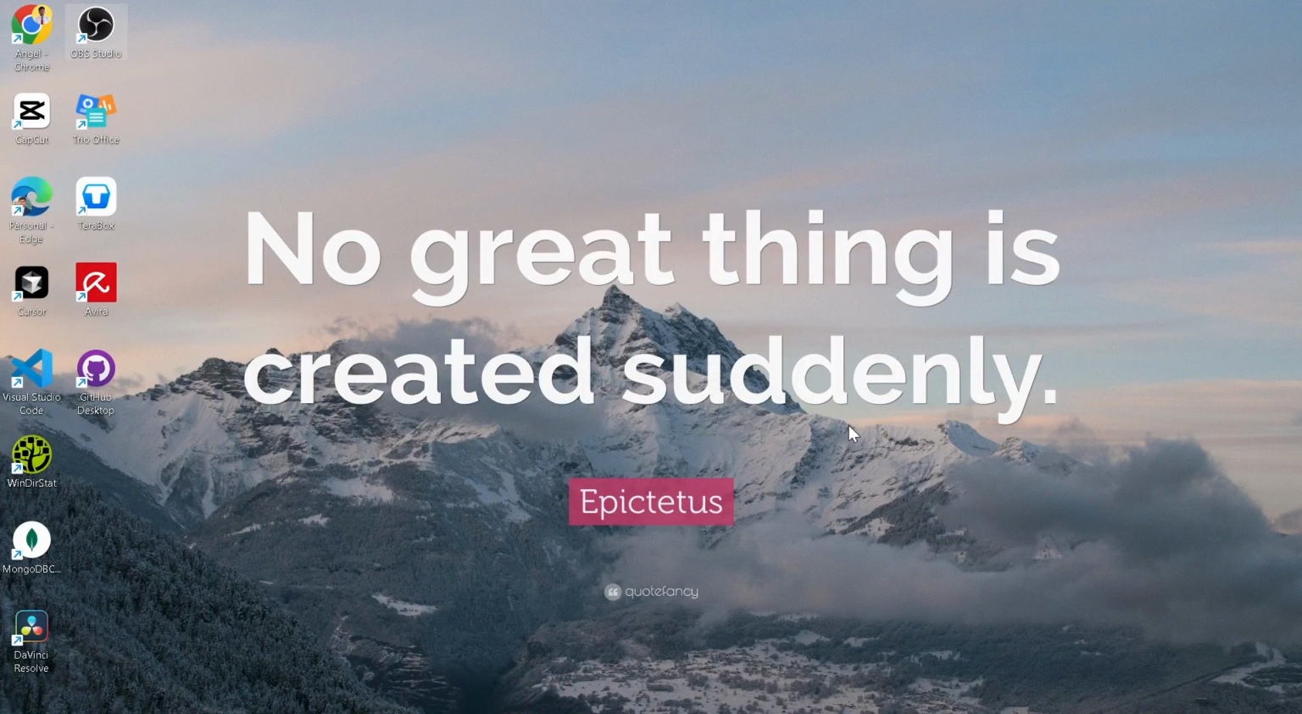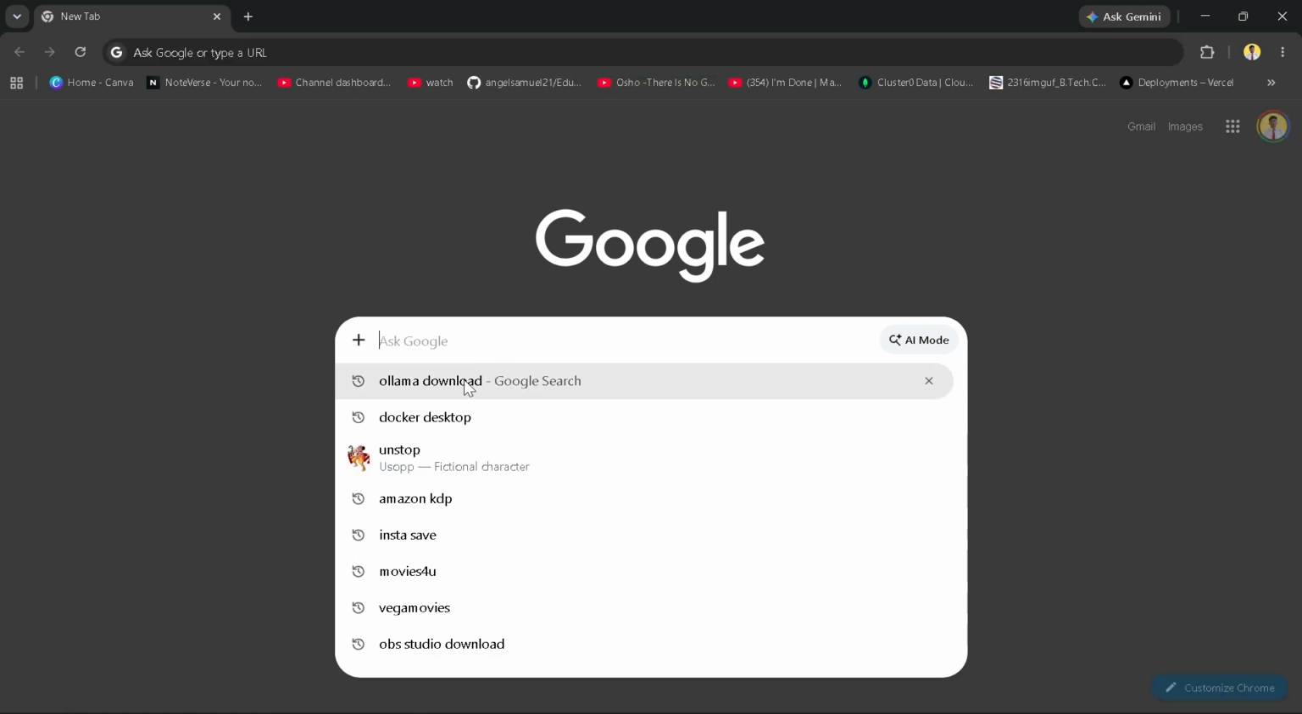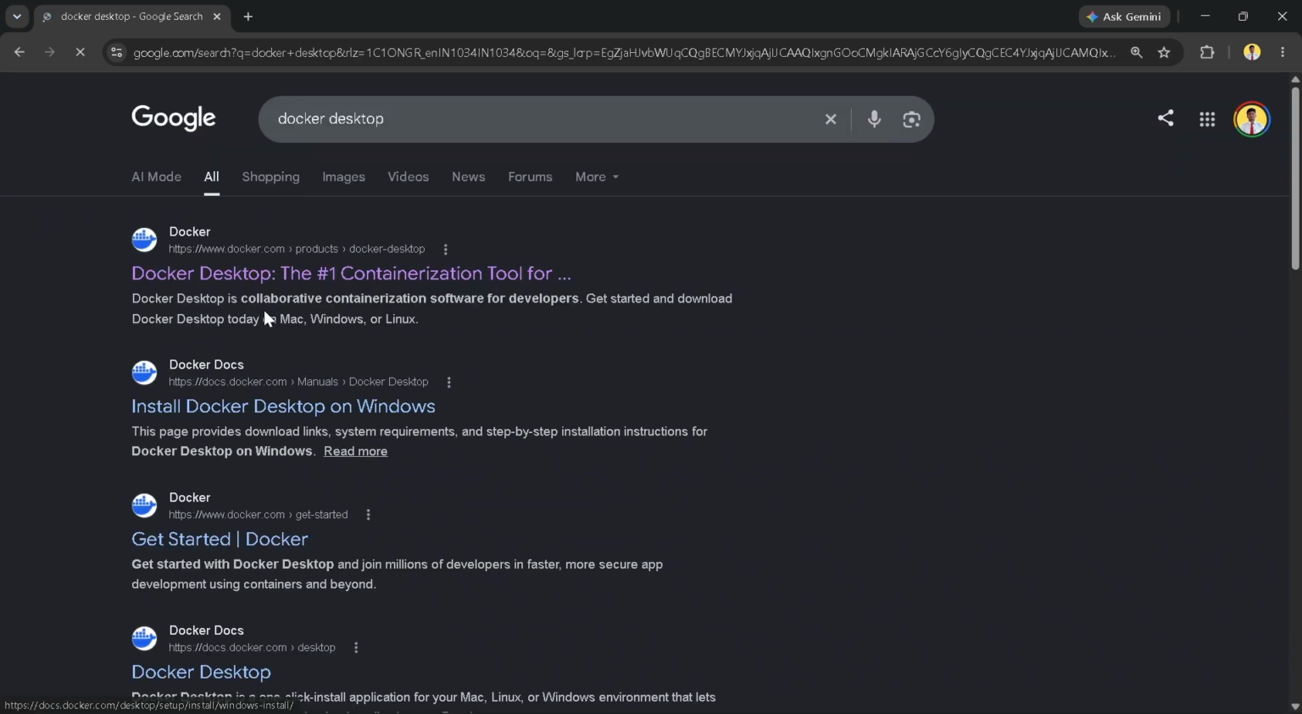Hello everyone, in this video I will show you how you can download Docker Desktop on your computer. So for downloading that, first you have to open any web browser. So let me open it here. Now inside the web browser, you have to search for Docker download. So let me search here, Docker download, and now go to this first link, Docker Desktop,